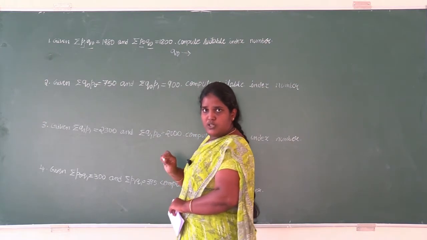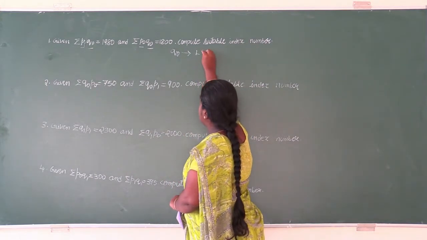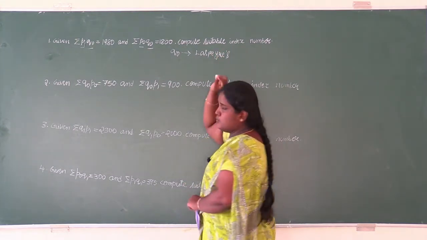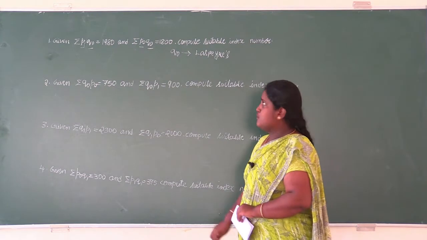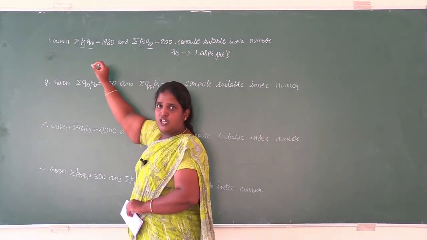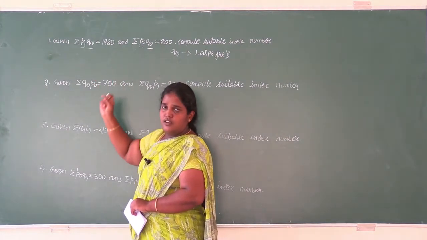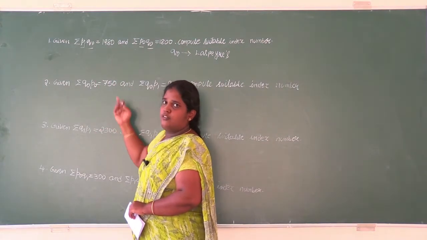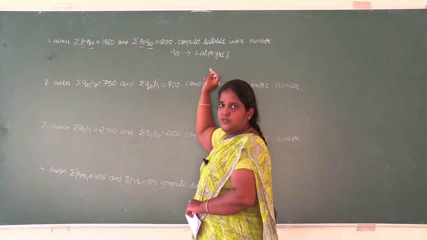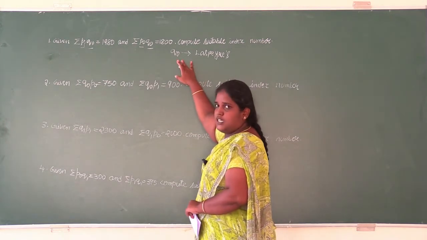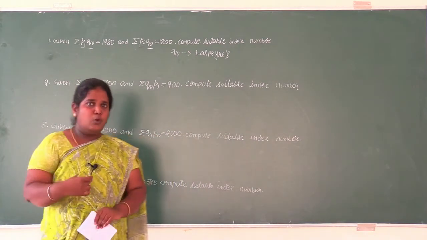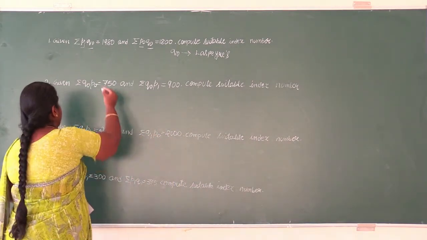In which method do you have to come to know? That is last year's price index number. So here we have to use last year's price index number. How did we come to know it? We have to see the total of each one, that is, individually we have to see the values: P1, P0, Q0. The common element, whichever is there, that will be the weight. So here Q0 is the weight. So Q0 is taken as weight in last year's price index number. When we have come to know which method we have to use, then use the formula of that.